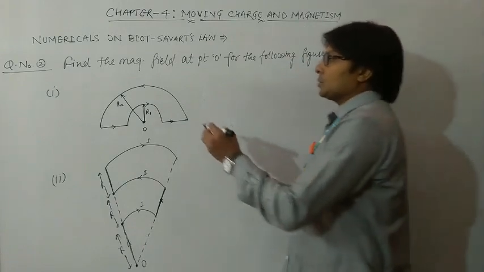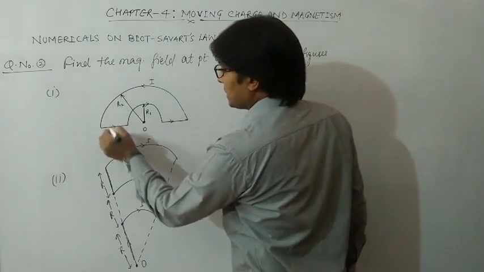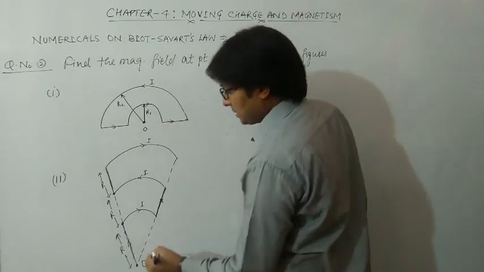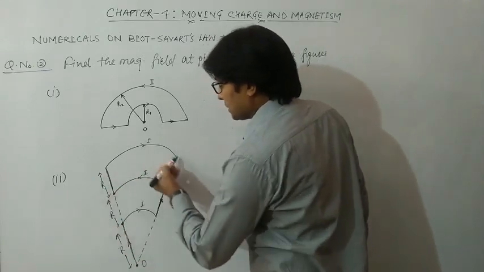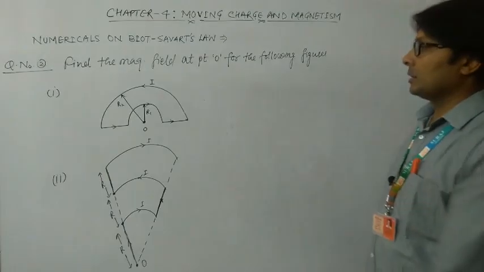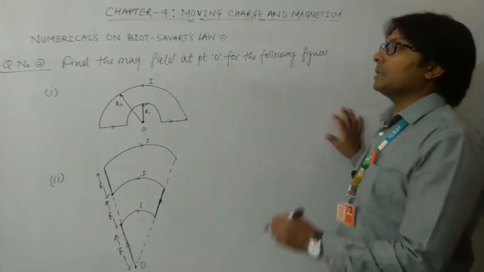Okay, so I current is flowing through this loop in this direction, and I current is flowing through this loop in this direction. Let us first consider the very first figure here,